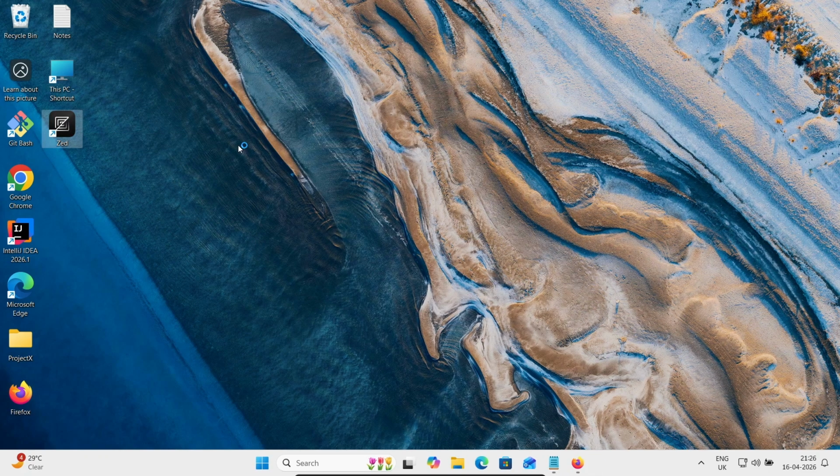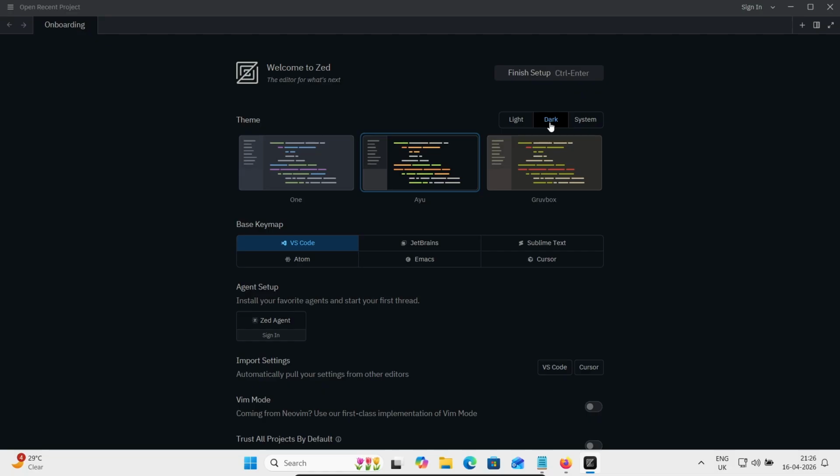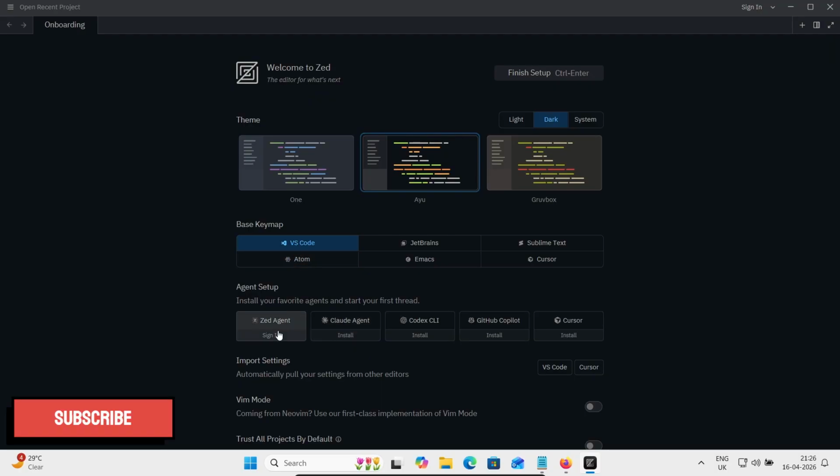Here Zed is there. Let's click on this Zed. Here I'm going to select the dark theme. So here light, dark. So you can select any one according to your requirement. So this is selected there. Here you can select VS Code, Atom. Here, as a setup, you can install Claude, Codex, GitHub, and Cursor. So this I will discuss later. And